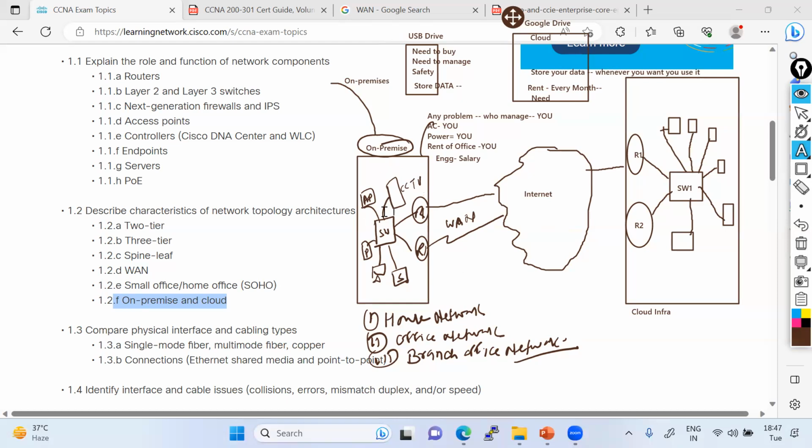Let's suppose your office network here, you have to give the power, cooling, rent for the office, a lot of things. But now you do not require anything. This device you move to the cloud. Cloud providers like AWS, Azure, GCP, Alibaba, a lot of providers are available in the market nowadays. They are just going to take a rental from you,